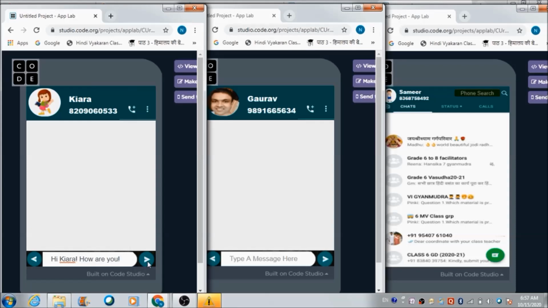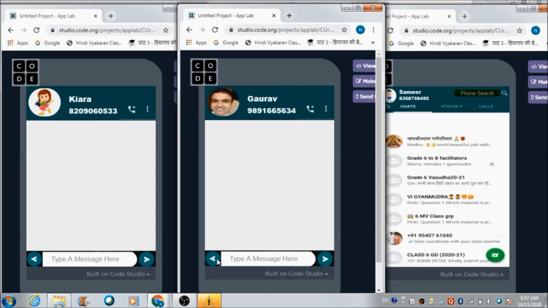Let's send this message to Gaurav. Now if Gaurav wants to receive the message, he needs to hit this button and he will receive the message sent by Kiara. If Kiara wants to receive a message, she needs to hit this button and she is going to receive the message here like this.